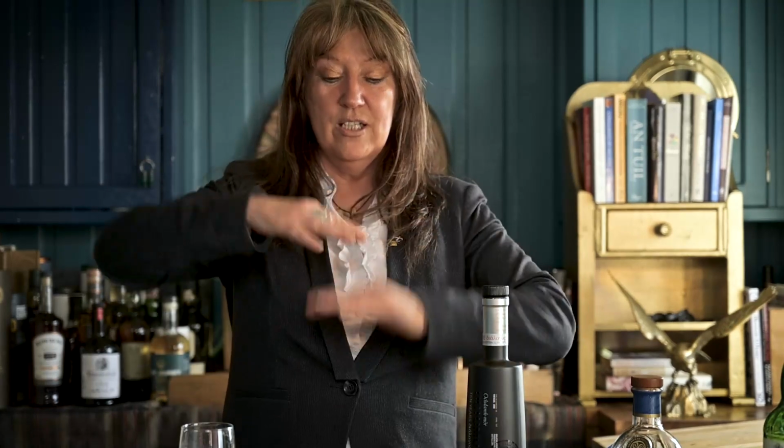So we're going to move on now to our neighbour across the Rinns, and this is our Octomore 10. Now, I just love Octomore. Octomore is from Bruichladdich. It's a brand name and a style of whisky that Bruichladdich produce. Bruichladdich produce Bruichladdich whisky, which is unpeated. They produce Port Charlotte, which is 50 ppm, and they produce Octomore, which is off the scale, and it's just delicious. But because they have such a light creamy liquid at Bruichladdich, their stills are high, and because the liquid